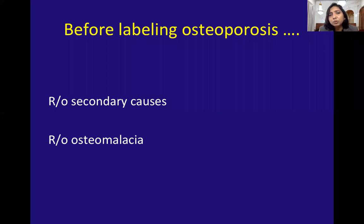Before labeling osteoporosis, always rule out secondary causes and rule out osteomalacia. So if I have very severe vitamin D deficiency and low calcium, and I go and do a DEXA scan, then I can be wrongly diagnosed as having osteoporosis, because a DEXA scan cannot differentiate osteomalacia and osteoporosis. And we need to understand that treatment for both these conditions is very different. So before we label someone as osteoporosis, we need to rule out secondary causes and we need to rule out